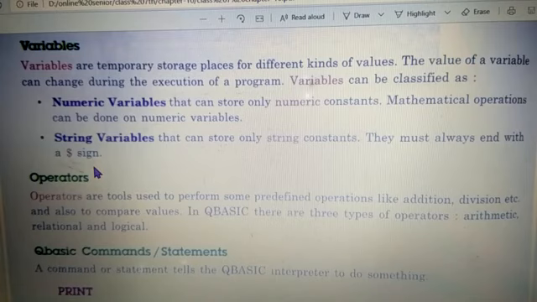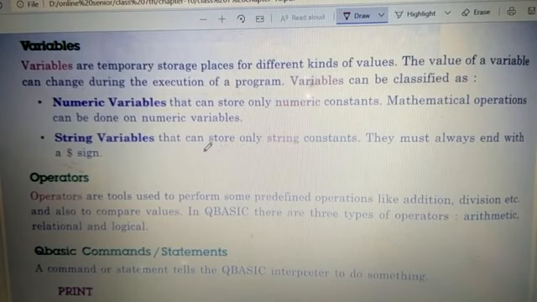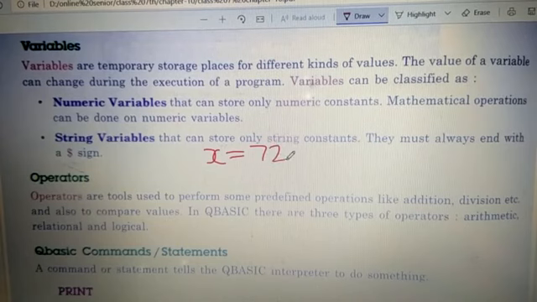For example, if I write x equal to 721, this is a numeric variable.